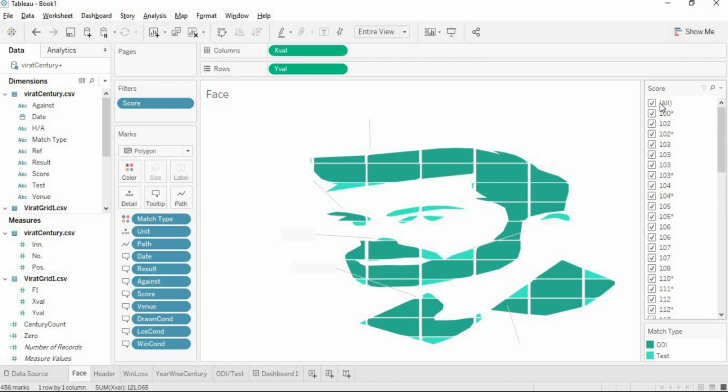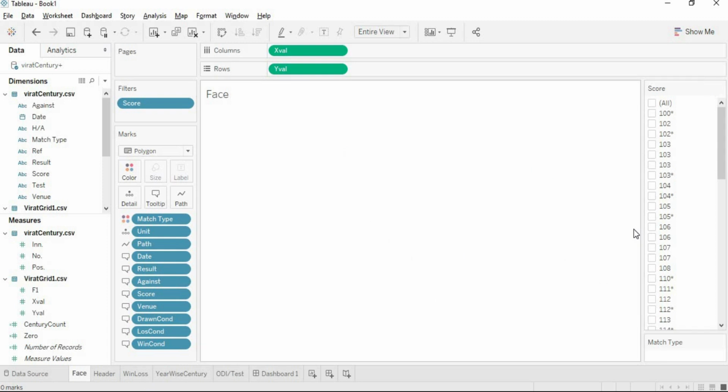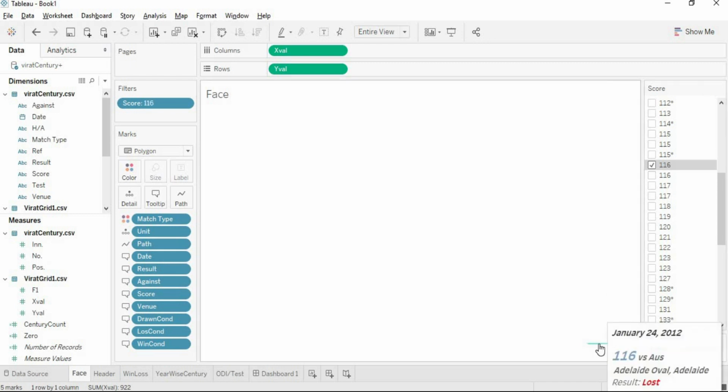Okay, it is not at all visible. So deselect all. Now click on the 116. Oh, it is of ODI and it is not present here. That would be null. Okay, the test one is present.